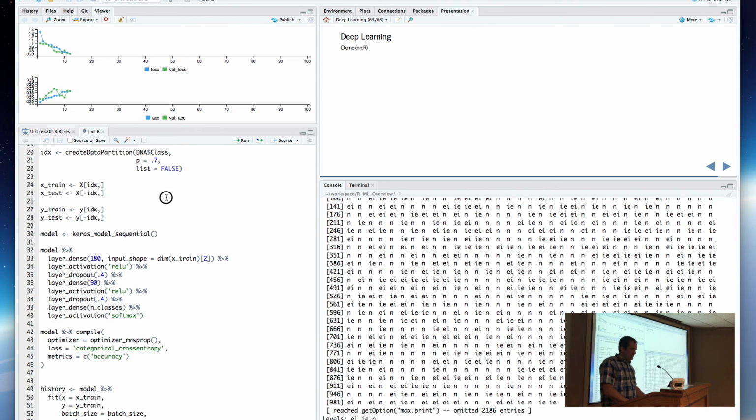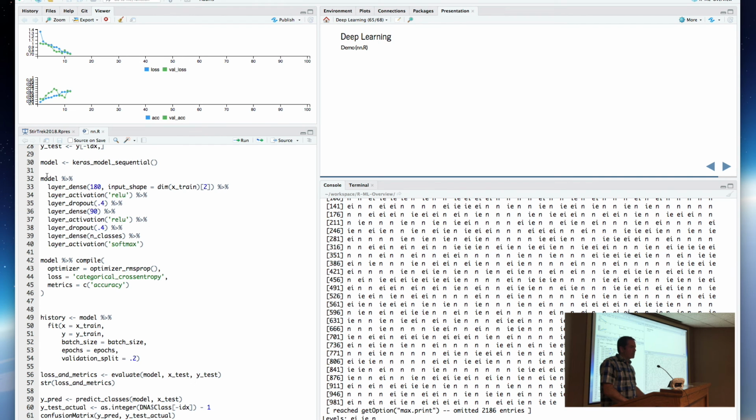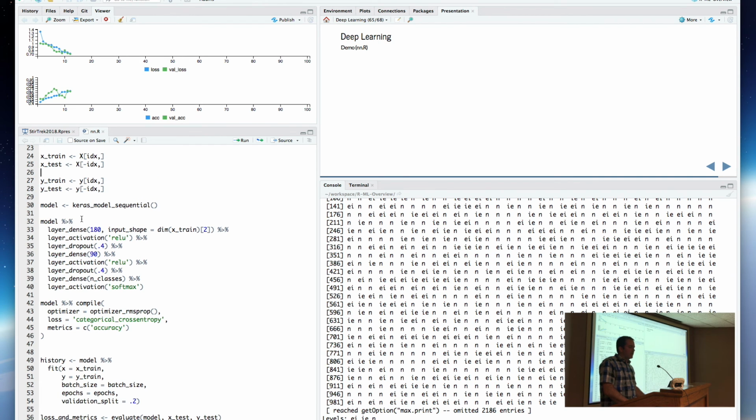We split our data, and then here's where that syntax comes into play. So I'm not sure if there's Keras helpers for Caret. There was not as of when I first started working with the Caret package. It may have been wrapped since to be easier to work with Caret, but it's not difficult to work with Keras directly. And so we're starting off with this sequential model object and then adding our layers each time with the shovel object, the pipe operator, excuse me. And so that keeps us from passing in model each time into the function to keep building up.